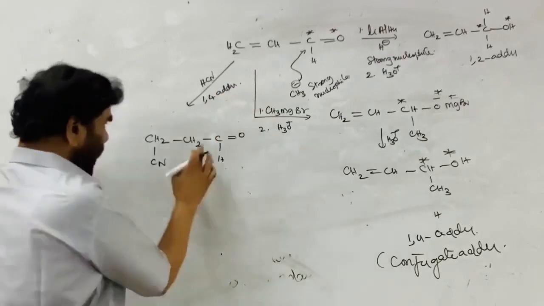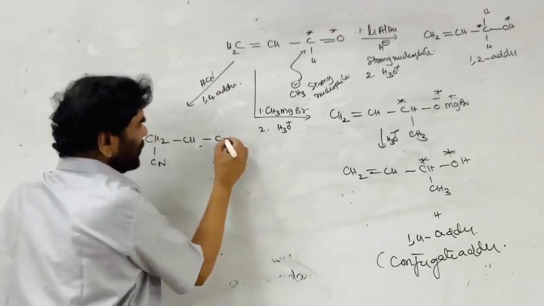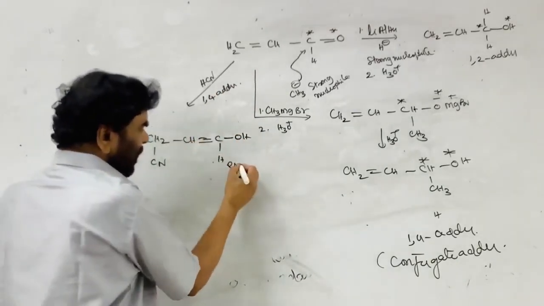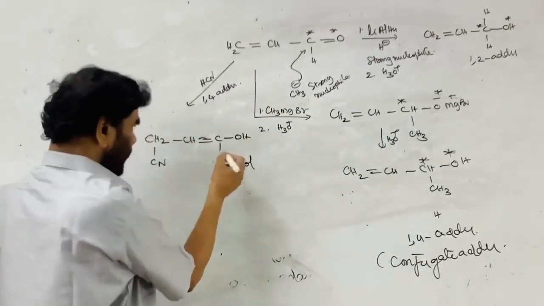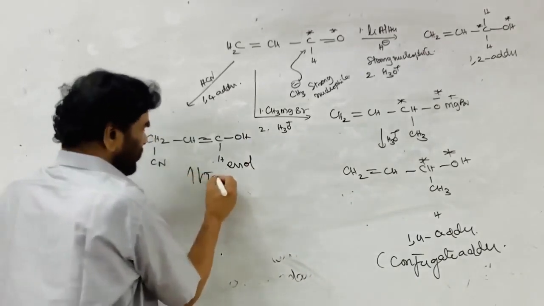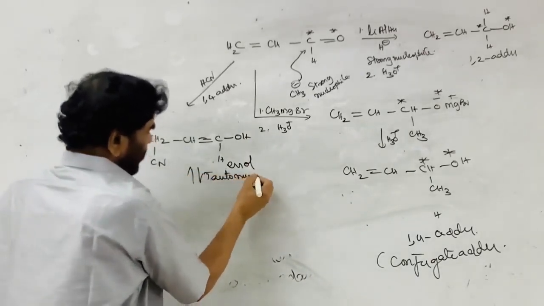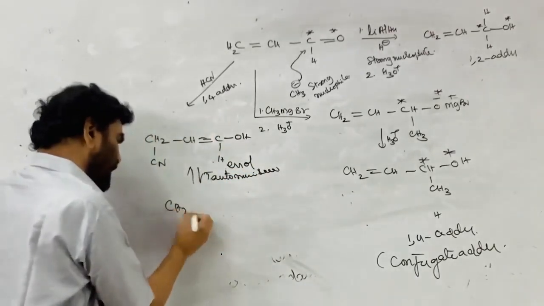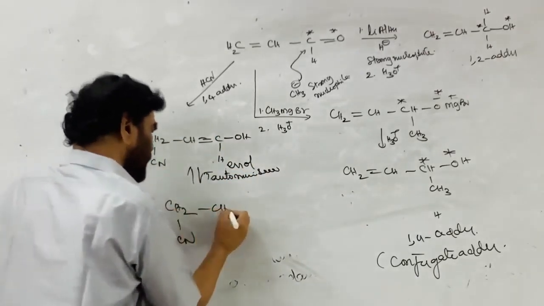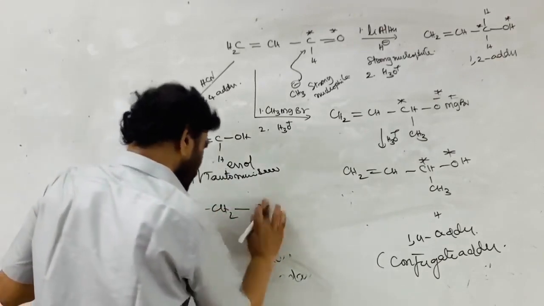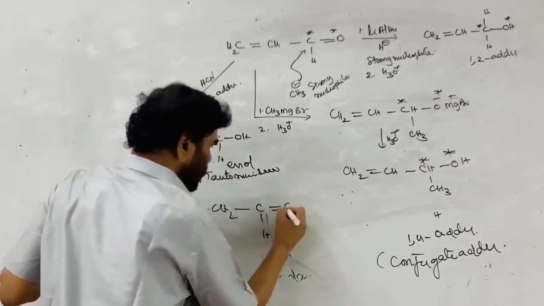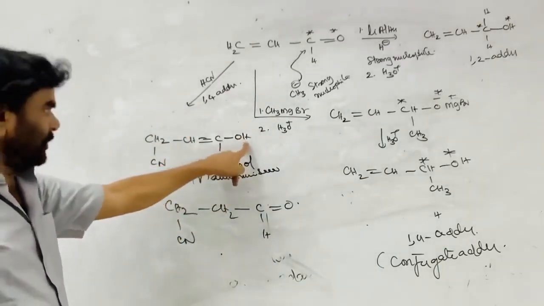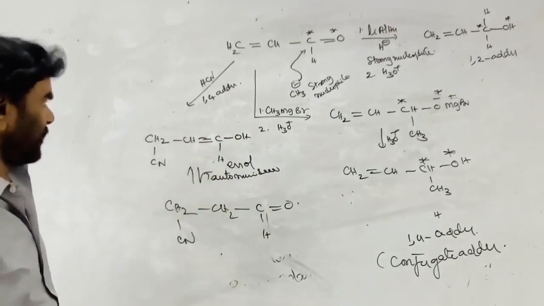See, actually, what should form? You see, here this should form by 1,4 addition. But this is an enol. Keto form is more stable than enol. Tautomerism. The hydrogen is shifted to here, CH2CN, CH2, CH, C=O. Ultimately, this is the product. 1,4 addition, due to secondary reasons, it is shifted here.